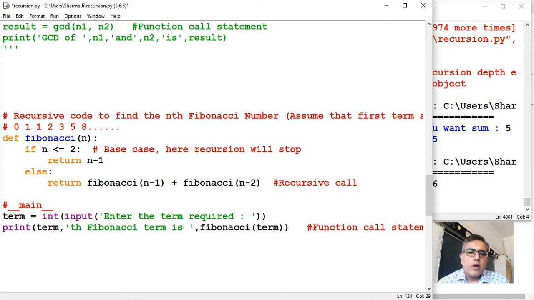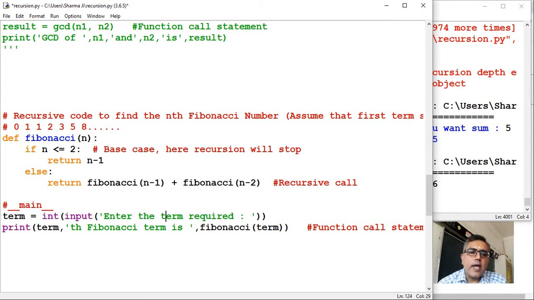Now see how the code has been written here. If the number which you are calculating is less than 2, it should return n minus 1. That means if the value of n is 1, it should return 0. Right? This is the base case, the first term of the Fibonacci series.